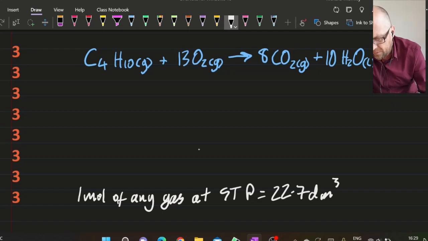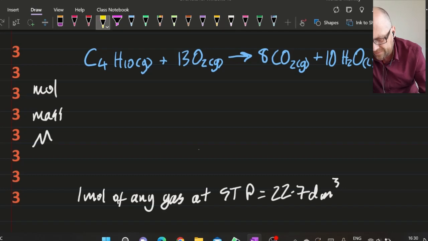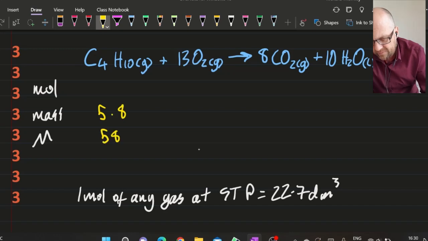All right then, so moles, mass and molar mass. So the mass is 5.8 and I know the molar mass is 58. So that gives me 5.8 over 58 for the number of moles